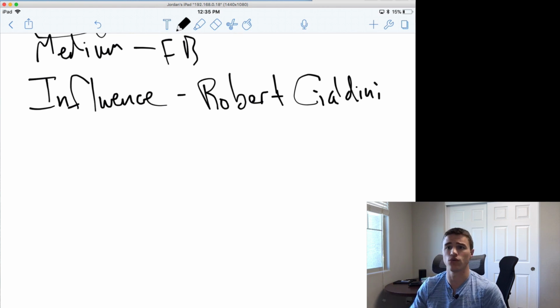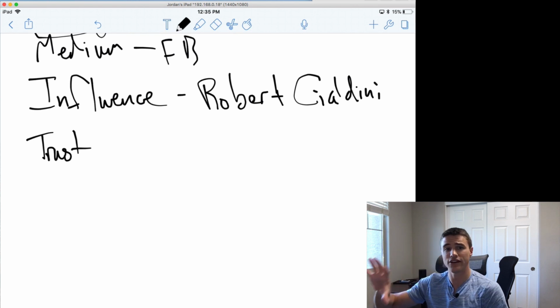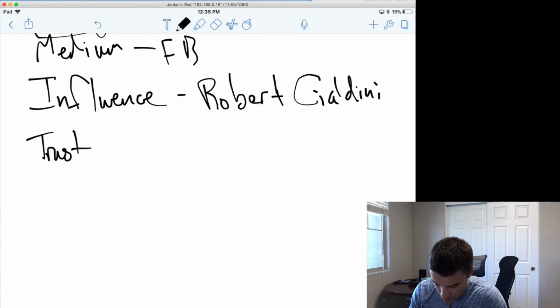The second book that I would highly, highly recommend you check out, especially if you're kind of new to the whole world of digital marketing and just how the beast that is the internet and content creation on the internet works, is called Trust Me, I'm Lying by Ryan Holiday. Very, very eye-opening book as to the business model behind the internet and how that business model influences so many of the decisions that happen behind the scenes to create content that you then consume. It's a really, really good book.